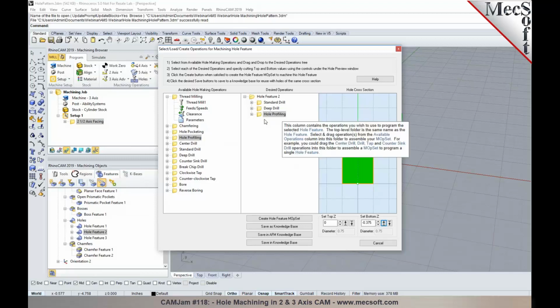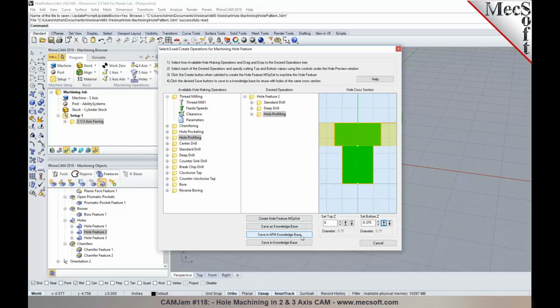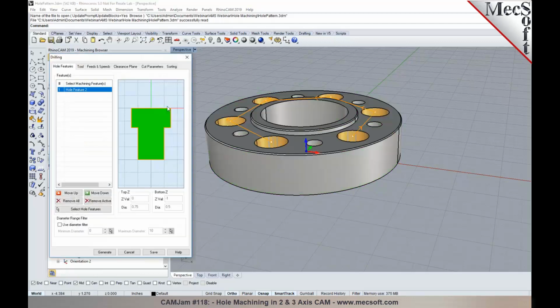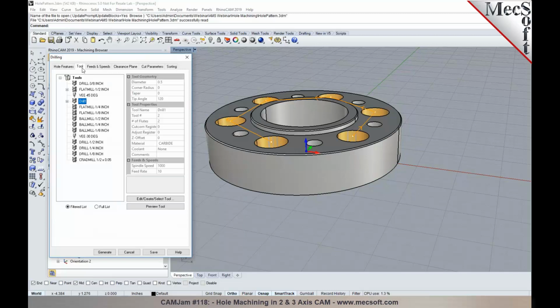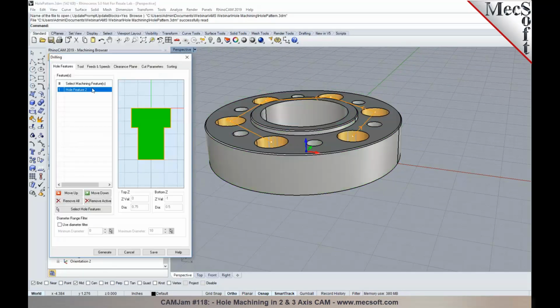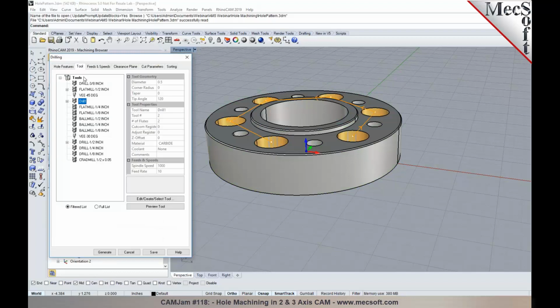Once you have these created, you can save them into the automatic feature machining knowledge base, or you could just create them as a hole feature machining operation set here, and you can go back and update the tool to match the tool for the hole size. In this case, I would like to use a 1/2 inch tool. So I'm going to pick a 1/2 inch drill, and then specify any additional parameters like sorting, and generate it. Apply the same workflow for a deep drill operation here,